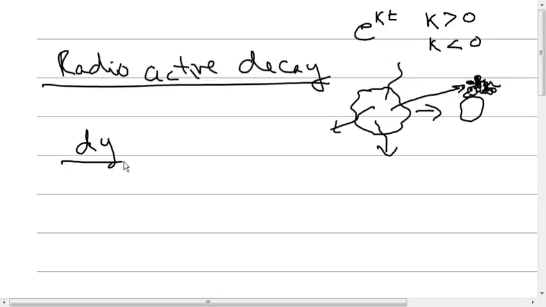dy/dt, the change in the radioactive material over time due to decay, is equal to minus ky. Now, in other words, k is going to be a positive number, but there's a minus in front of it, so that the amount of material is decreasing through time. Why didn't they just allow k to be either positive or negative? Well, because radioactive decay always works in one direction, and they wanted to put that minus sign out there